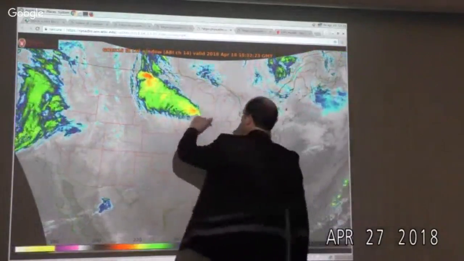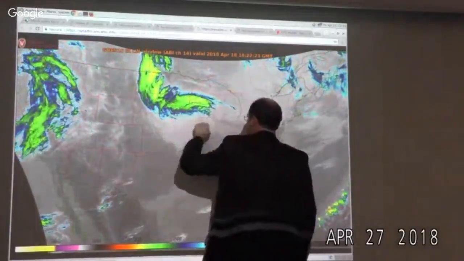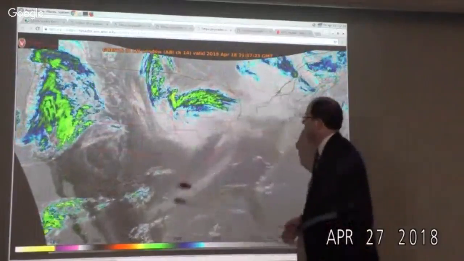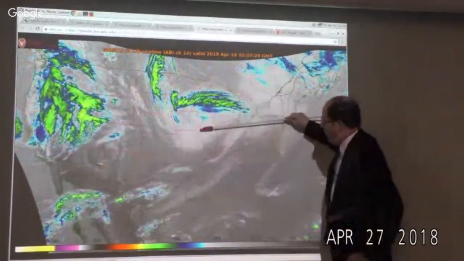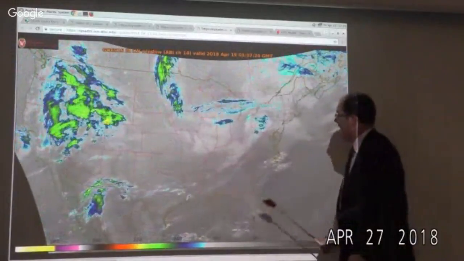This is sort of the beginnings of it coming through here. Yeah, so there's this feature that doesn't have much to do with what migrated to the north, but here's the circulation. It's really interesting. One wave after another of these bands that just kind of went right over us, and of course dropped the 7 inches of snow. So a really interesting event.